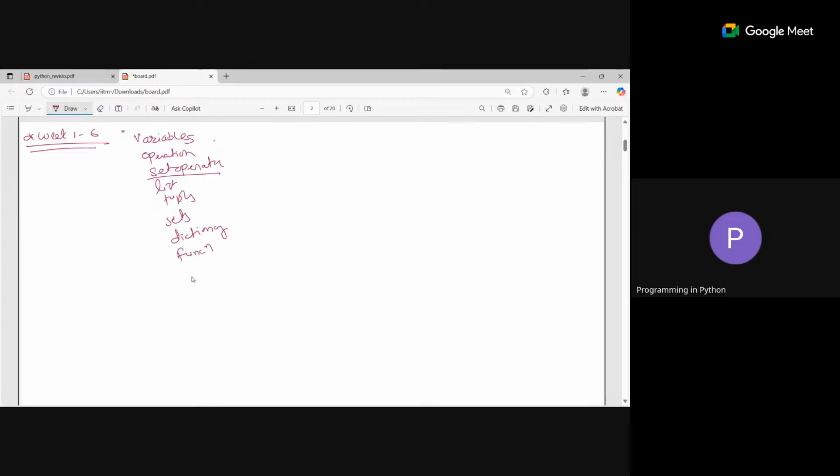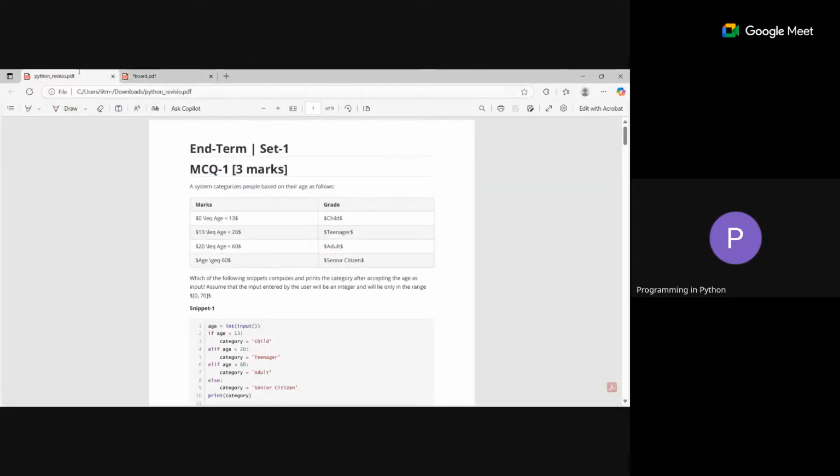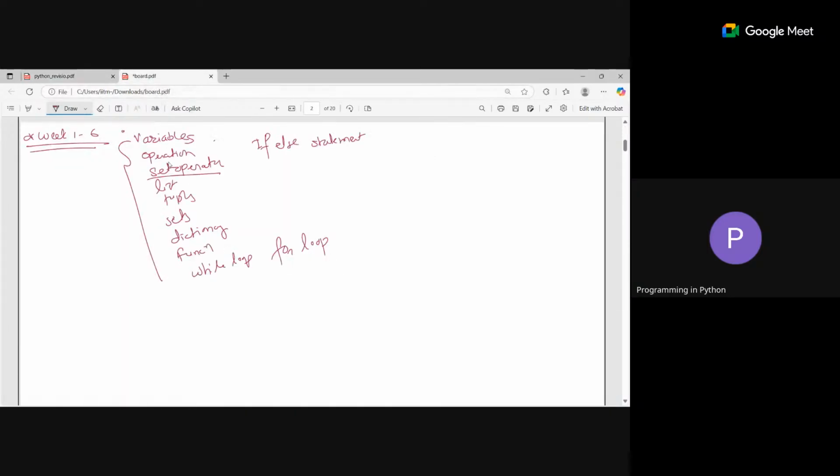Then we discussed while loop, for loop, and how the if else statement works. These are all the things we discussed in week 1 to 6. If you observe, all the questions are based on this particular material. Out of 20 questions, almost 60-70% weightage is from week